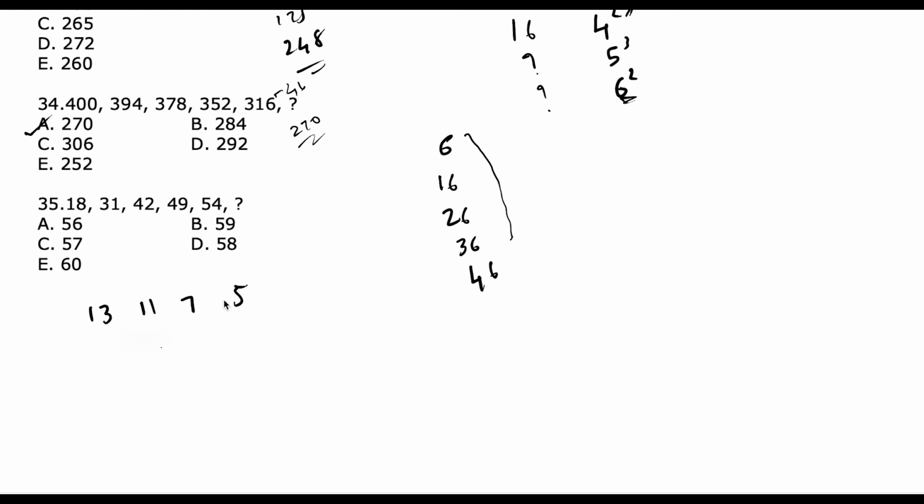If you reach such a situation where you cannot find a definite pattern, then you should think about the possibility of using different theorems or different number system basics. And if you look carefully, you can find out that all these numbers are prime. So the prime number here starts from 13. And then the next one behind it is 11, 7, 5 and the next one should be 3. So 54 plus 3 will give you 57. Option C is the answer.